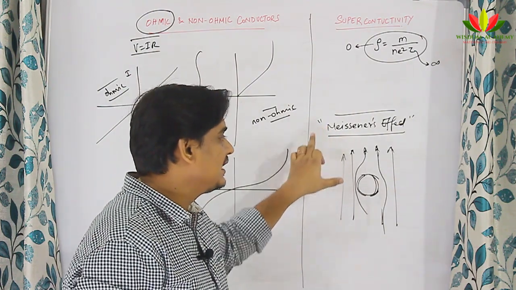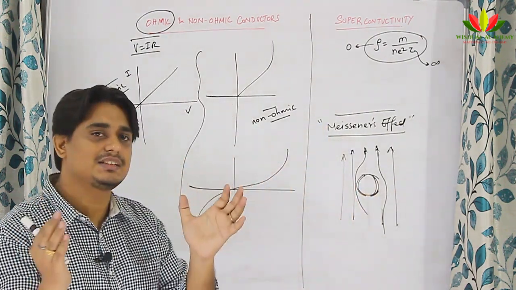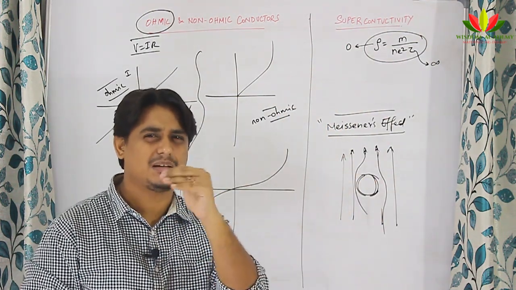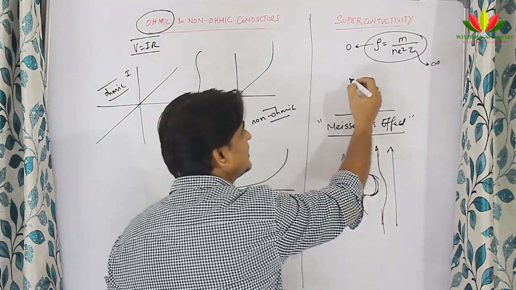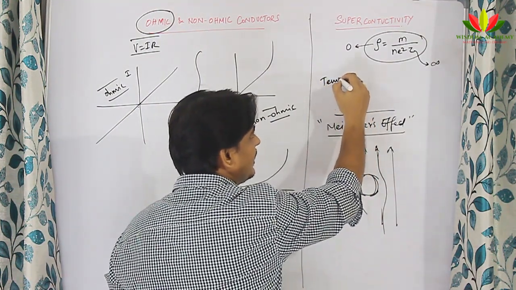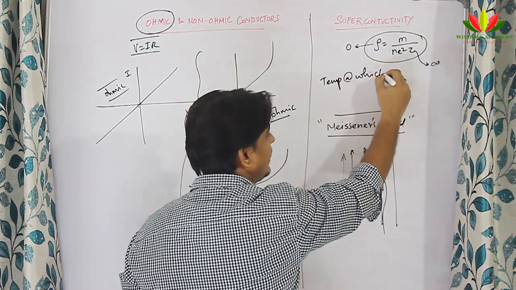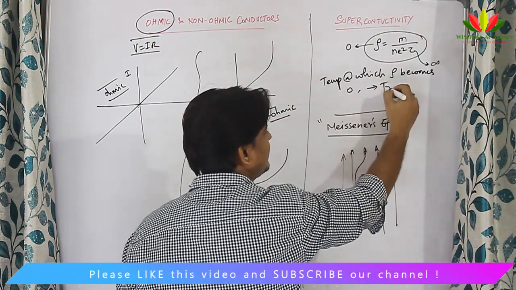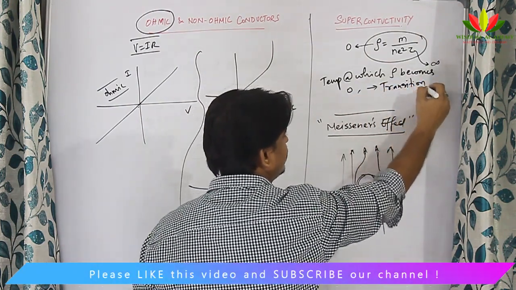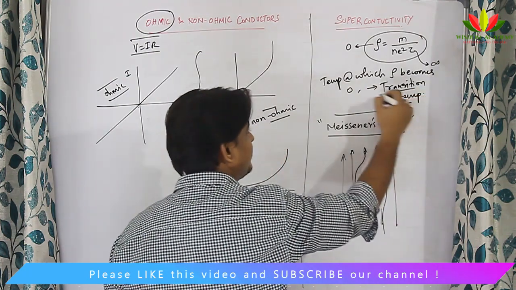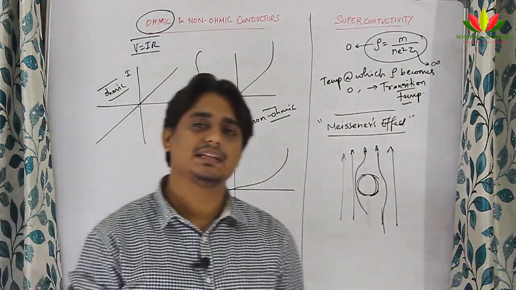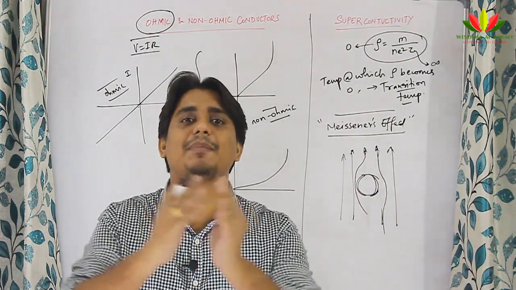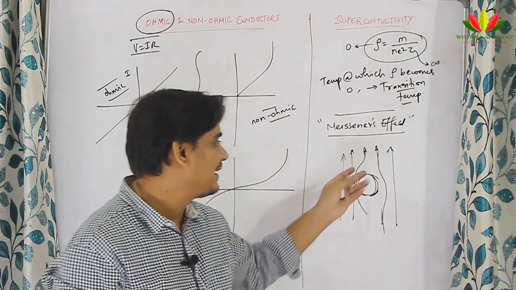This principle is of much use when you go for magnetic levitation of trains. So Meissner's effect is the repulsion of magnetic lines of force when a superconductor is reaching its transition temperature. When I say transition temperature, it means the temperature at which the resistance becomes 0. So the temperature at which rho becomes 0 is known as the transition temperature. So at the transition temperature, when a superconductor is kept in magnetic lines of force, they will not pass through it and your superconductor will repel them. So the material starts floating.